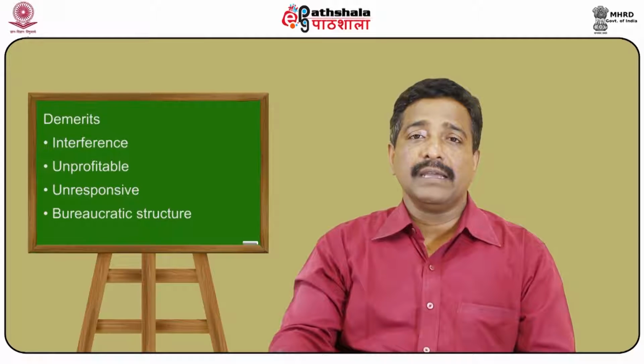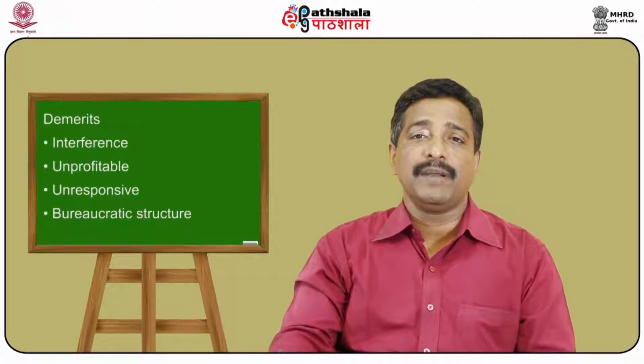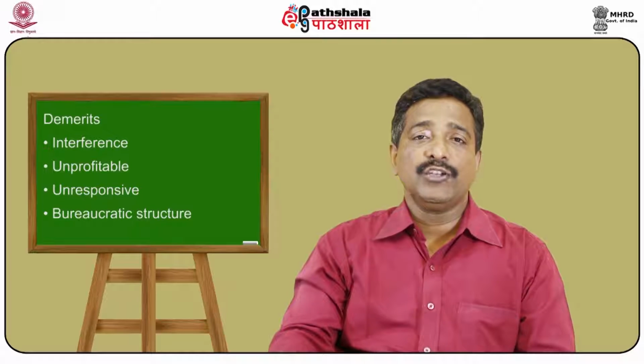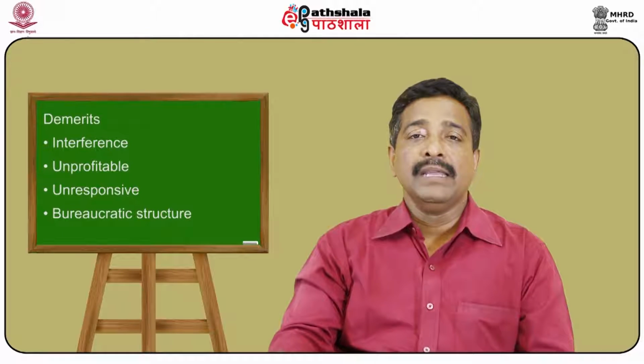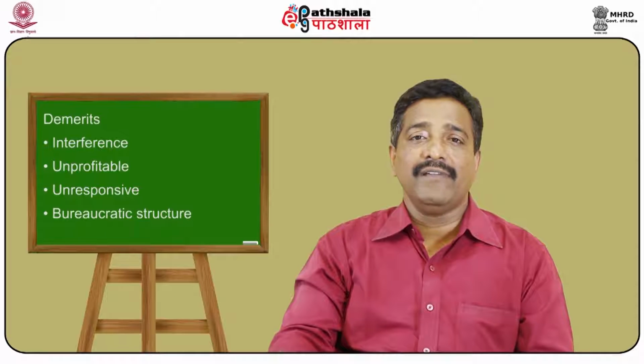One of the major impediments or demerits of these public corporations is the interference from the government from time to time. Although they are given operational freedom, sometimes the ministry ensures that the public corporations meet the societal obligations, which acts as interference in the functioning of the public corporations. One good example is, if you take the Road Transport Corporation at the state level, we find that the price or the increase in rate is governed by the government of the day rather than the public corporation which runs the buses or the transportation system in the state. This hampers the overall profitability of the enterprises.